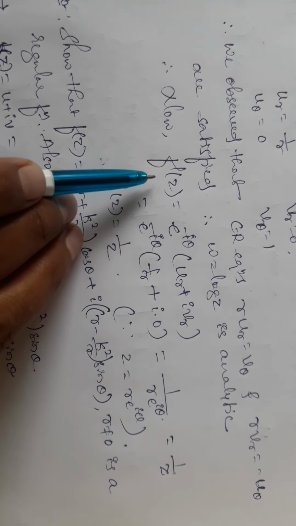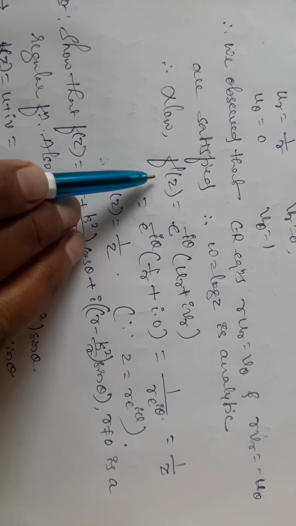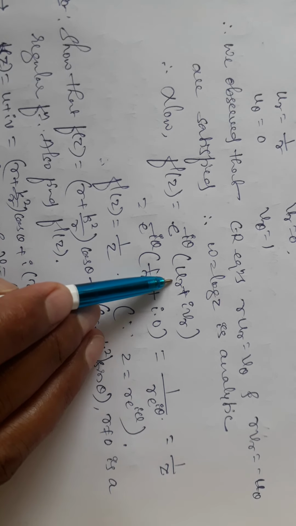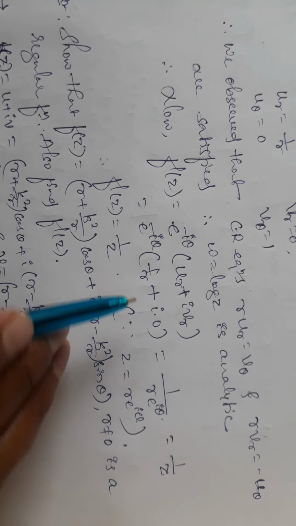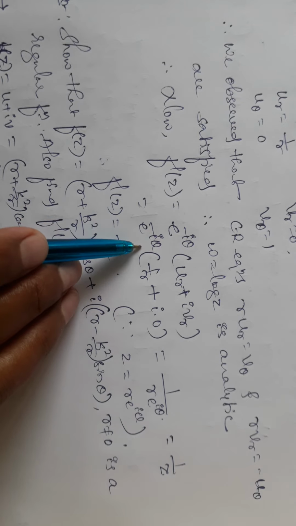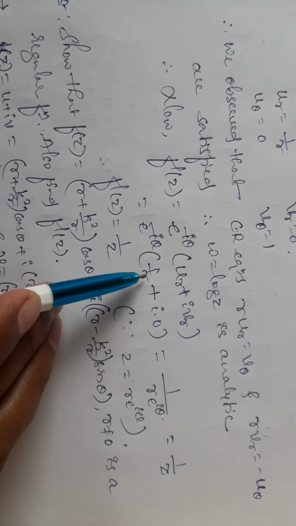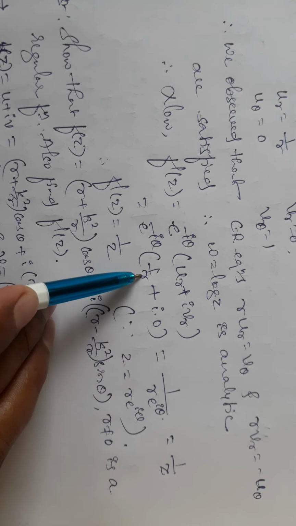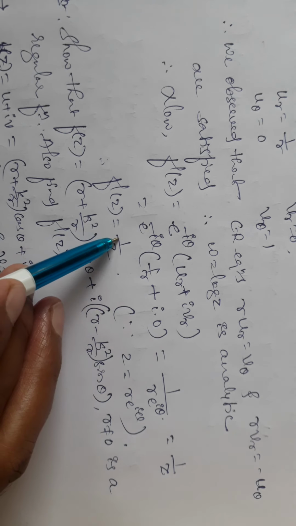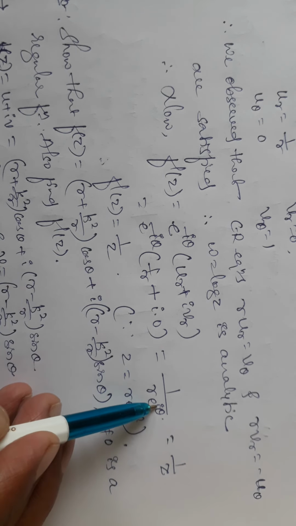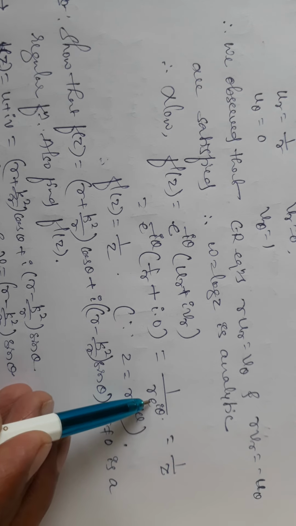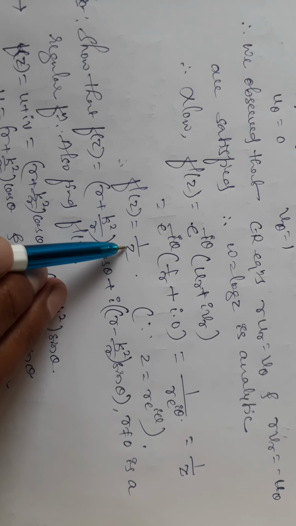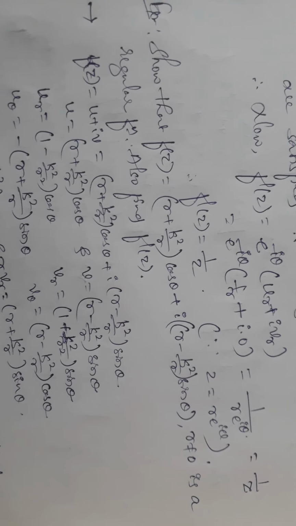Now we need to find f dash of z, which is in polar form. Therefore we know that f dash of z is e to the power minus i theta into ur plus i into vr. e to the power minus i theta as it is, but from the above already we have ur is 1 by r plus vr is 0, i into 0. Therefore e to the power minus i theta, I take in the denominator, therefore 1 by r into e to the power i theta. But we know that r into e to the power i theta is z, therefore it is 1 by z. Hence differentiation is 1 by z. Now we consider one more example.